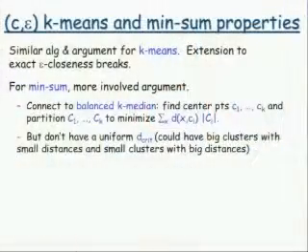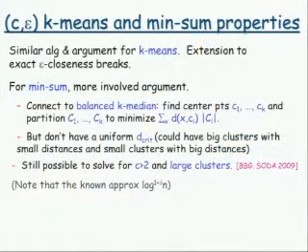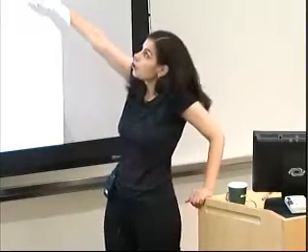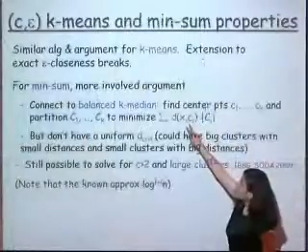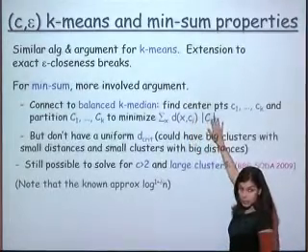Let me just mention that we also looked at k-means and min-sum. For k-means, we can just derive a similar argument as for the k-median clustering objective. For min-sum, however, the argument is a bit more involved. The algorithm is equally simple. The first solution that we had to deal with min-sum was to connect it in a standard way with something called the balanced k-median objective, where the goal is to find a partition and center points in order to minimize this quantity, which is the sum over all points of the distance to their corresponding centers times the size of the cluster they are in.